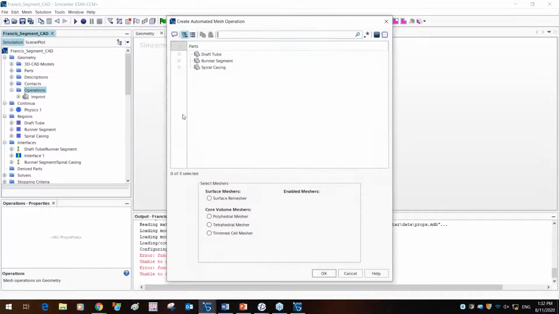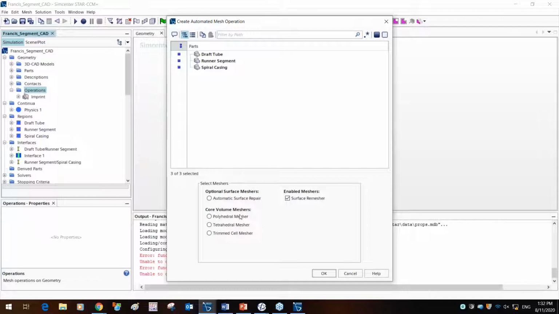So this is the automated mesher within Star CCM Plus. Here we select the parts we want to mesh in this given tool. In terms of the surface meshes, we want to create a surface remesher. What that means is the mesh is going to be extruded from the surface itself instead of just a volume mesh being created. So it's usually activated 99% of the time. You also have an automatic surface repair option, if you expect a lot of skewed cells or geometry that's not very clean.